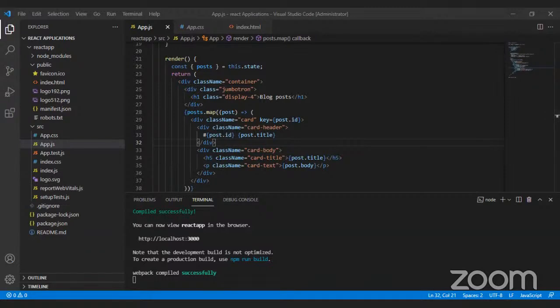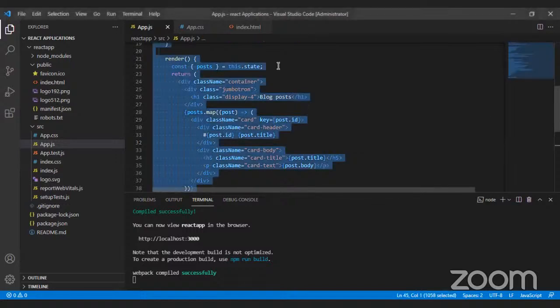In that, please try to present either products or any other information as I did. Please use default fake APIs. Don't use any external APIs which are available. Please use fake APIs. Now I am copying this entire app.js